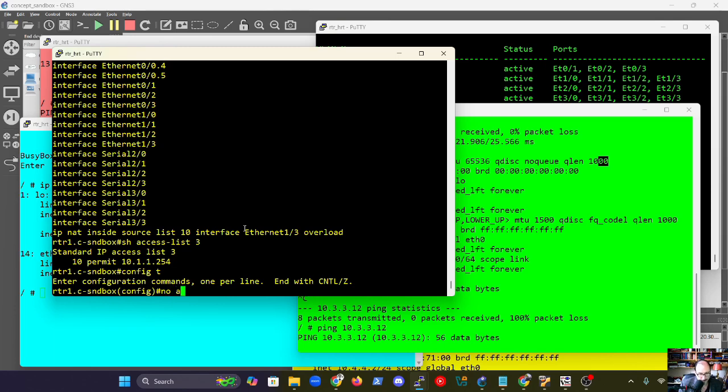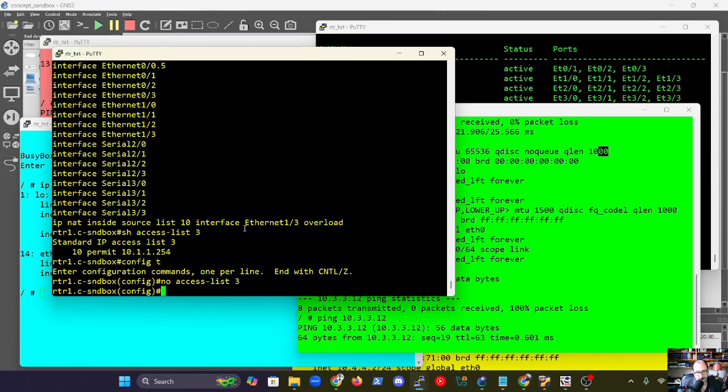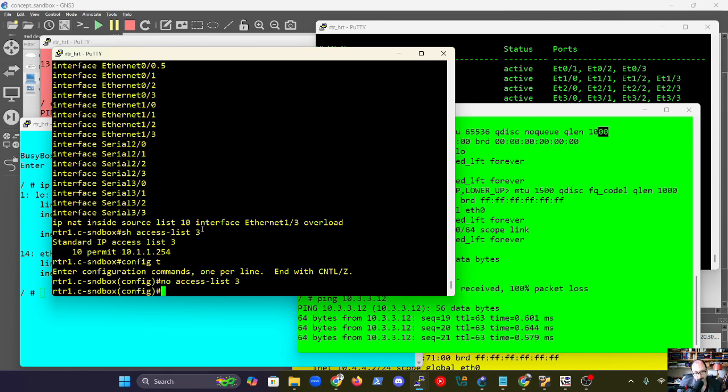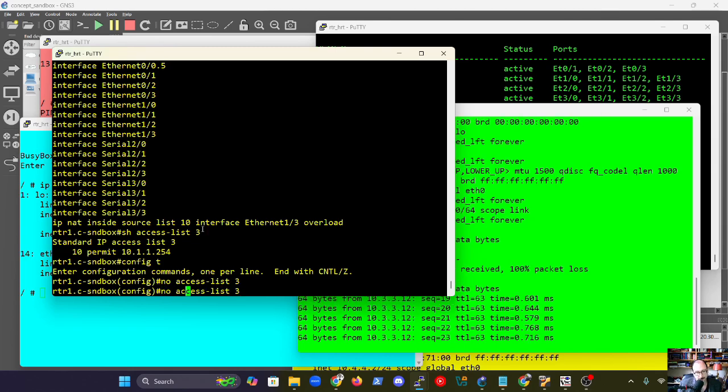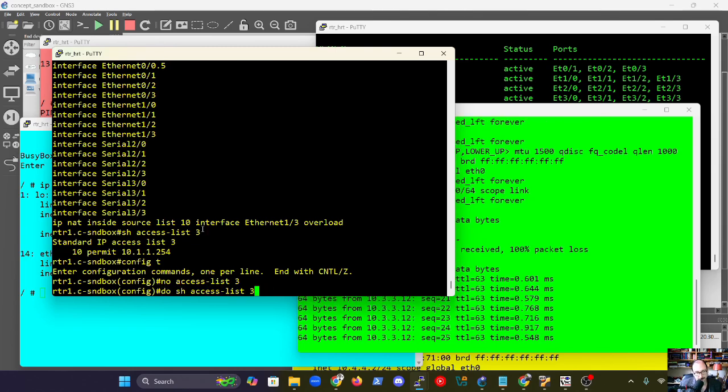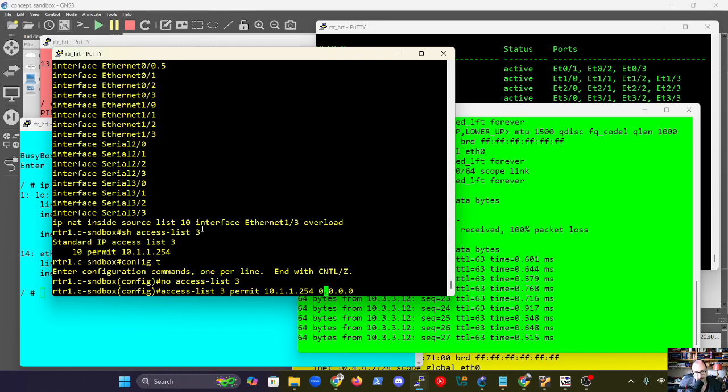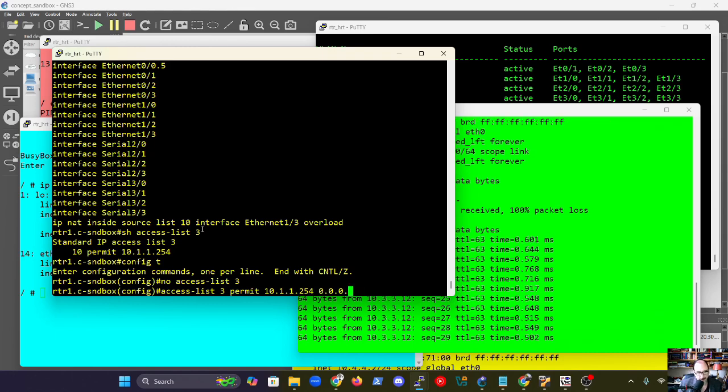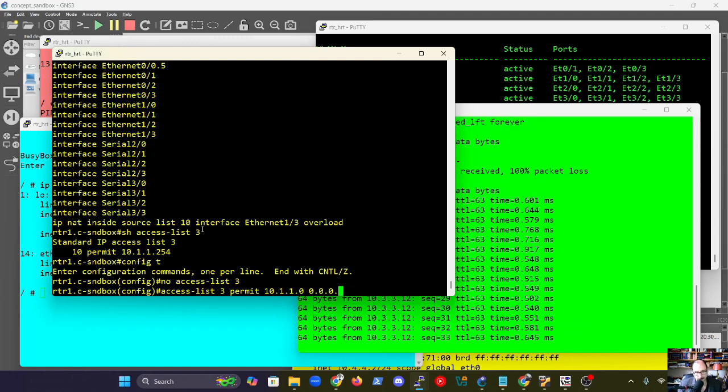So if I do no access-list 3, all of a sudden I can ping. That makes sense. So now if I instead do access-list 3 and change this to be any IP starting with 10.1.1, so I'll do 255,